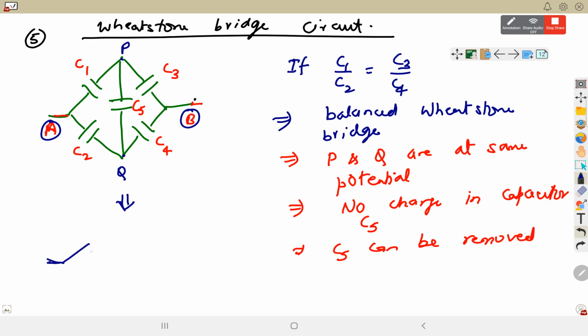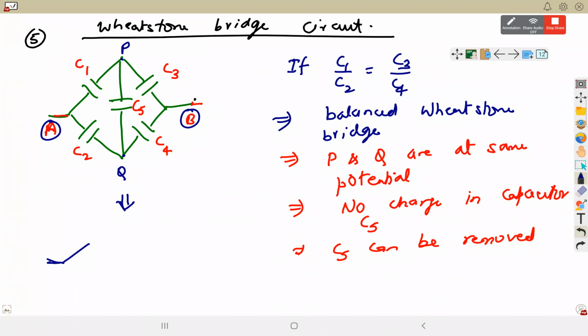Sir, I have a question. Yes. So what happens if C1 by C2 equal to C3 by C4 equal to 1? Then either you can solve by using plane of symmetry. That means basically it is exactly same. Then also the same will be applicable. Obviously ratio is equal whether it is 1 or 2. But if the capacitors on left side and right side are the same, then that can also be considered as a vertical plane of symmetry.